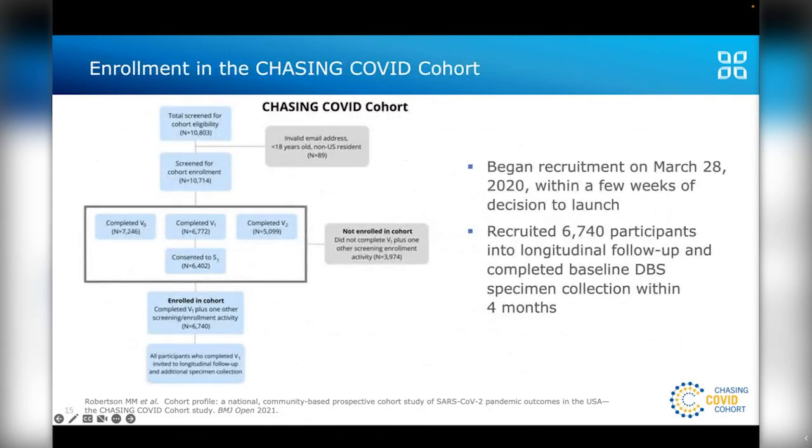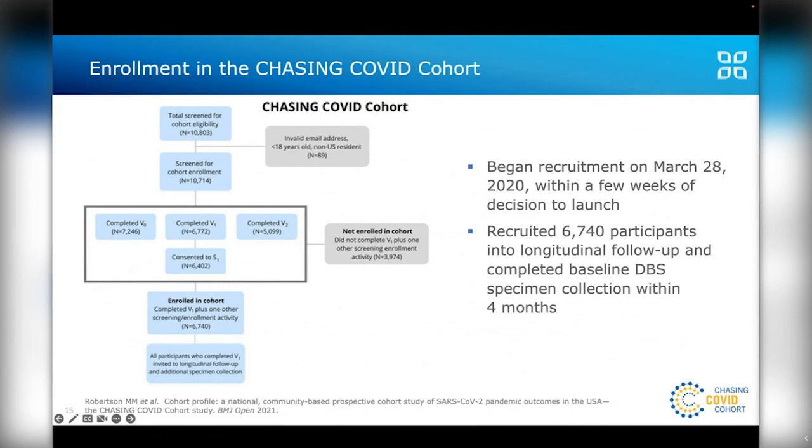Any adult age 18 or over who resided in the US or a US territory was eligible for inclusion in the cohort, regardless of whether or not they ever had COVID. And recruitment was via referral, via Qualtrics panel, and via ads placed on social media sites like Facebook, Instagram, and Scruff. Very rapidly, we were able to screen about 11,000 people for eligibility, and we required additional steps that included